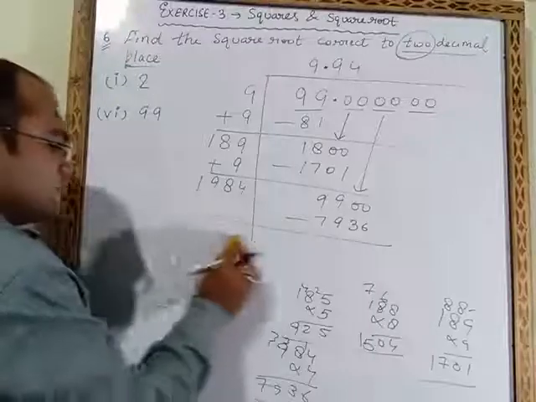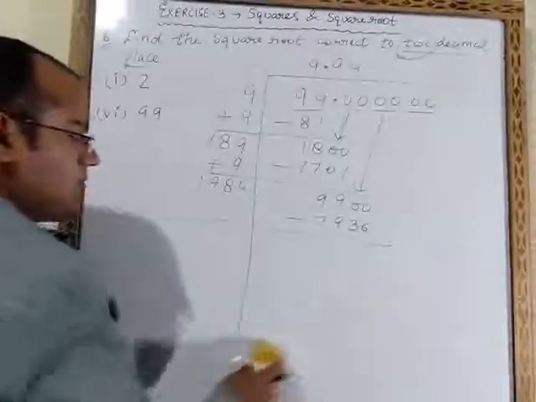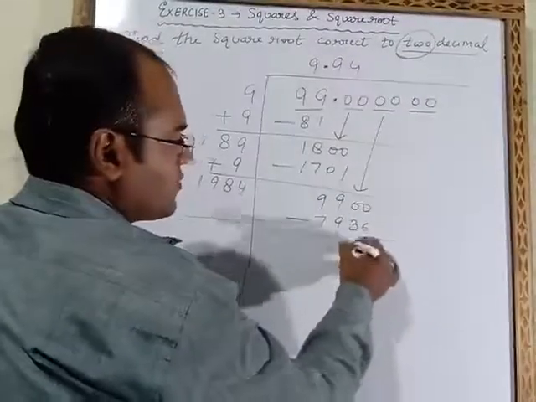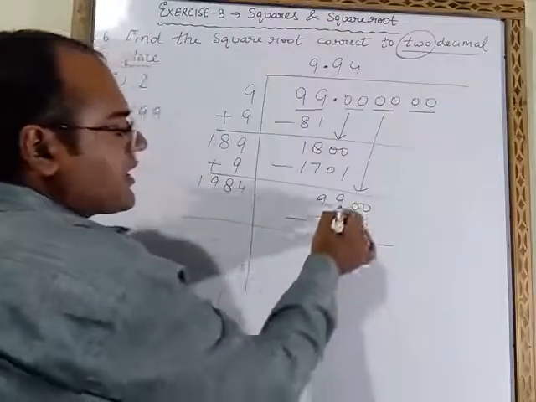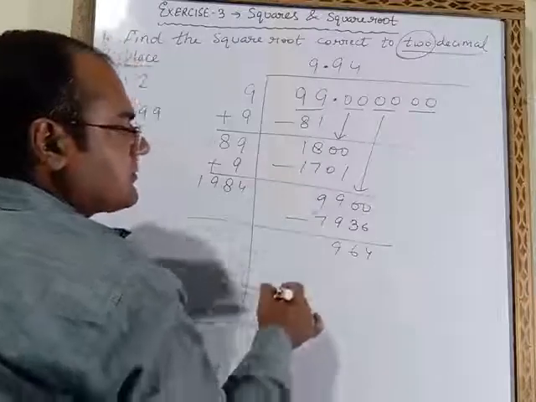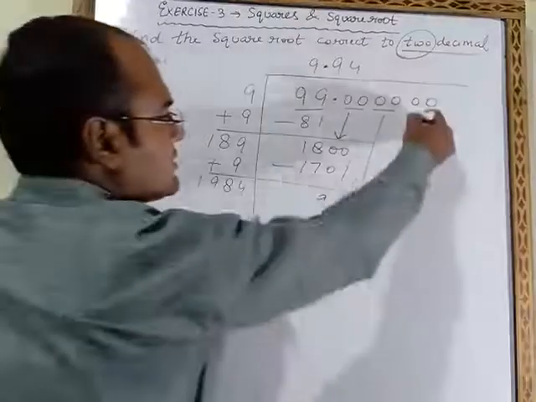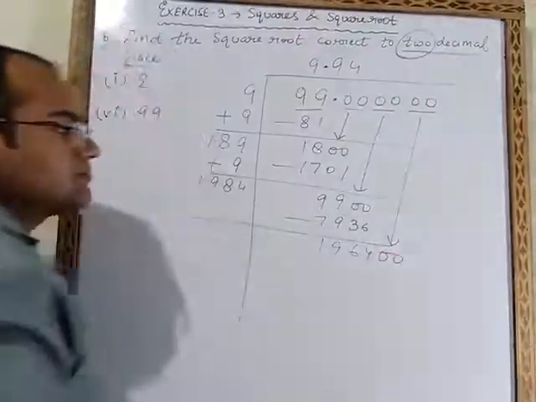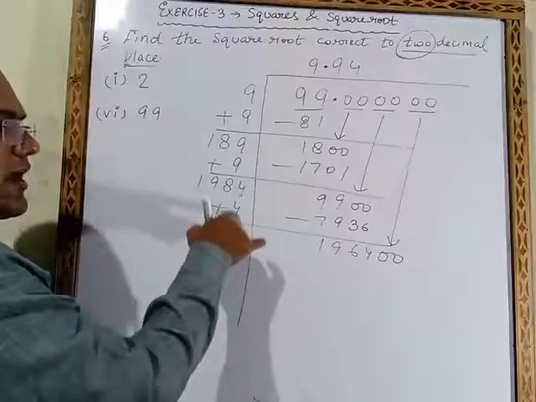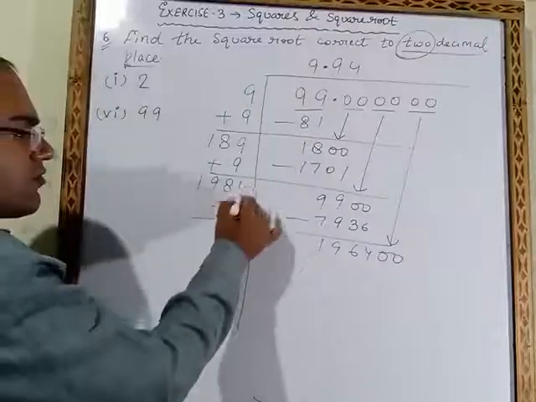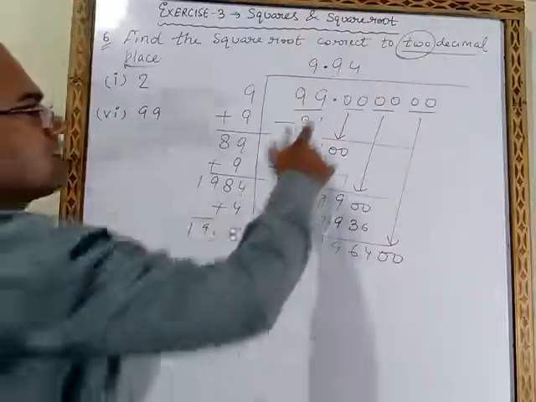Now we will subtract these two numbers. On subtracting these two, we will get 10 minus 6, 4, 9 minus 6, 9 minus 3 will be 6, 18 minus 9, 9, then 8 minus 7, 1. Now what will be the next step? These 0s we will bring down. Now this 4 we have to add here. The last number we have to add, as we had added here. So 4 plus 4 will be 8, 8, 9.